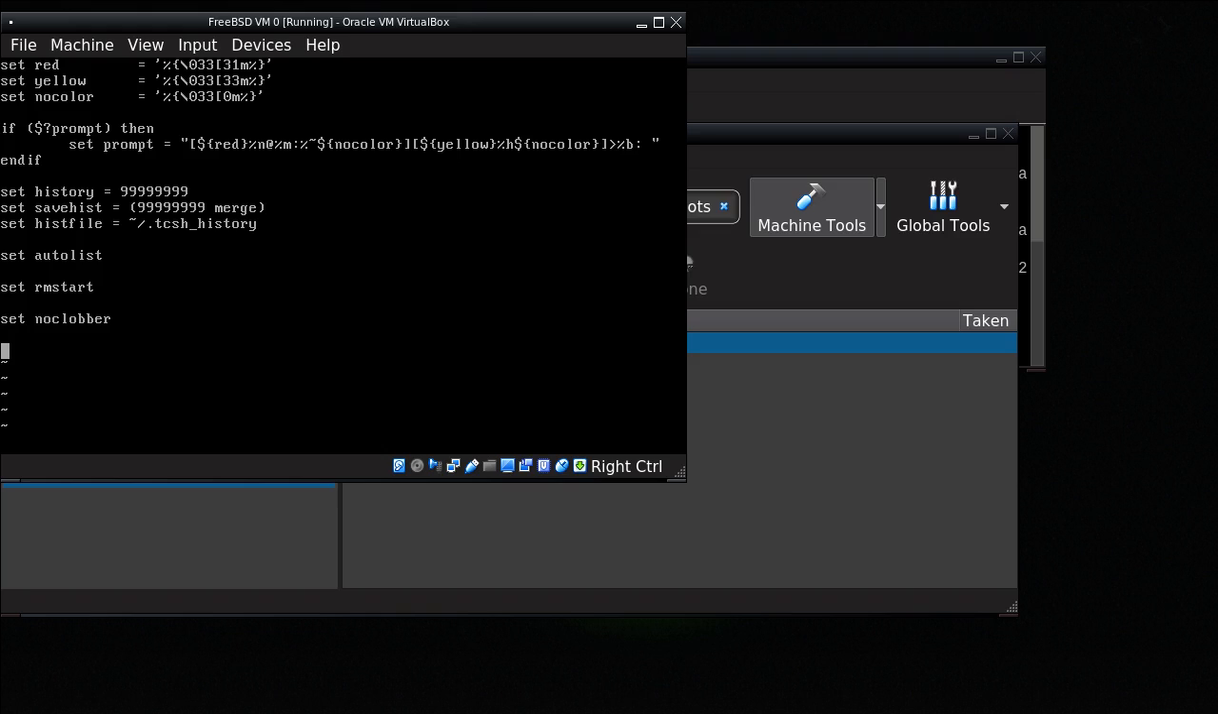If you want to set aliases, just type the word alias, and then you can create an alias. So I want an alias so that when I push L twice, it actually types ls -la for me, so I don't have to type that out every time. So that's just an example of an alias. So I'm going to save this file,